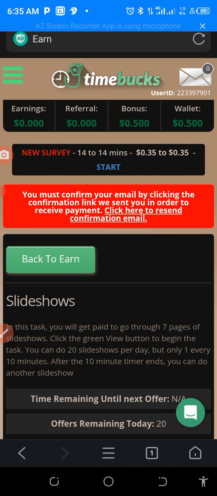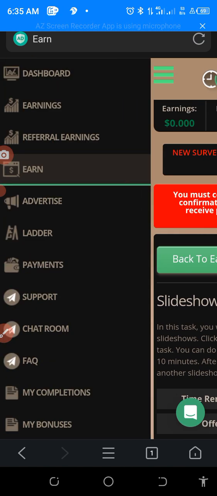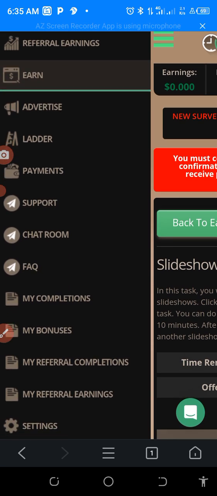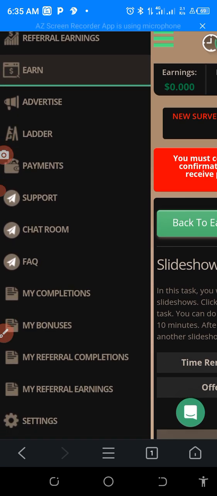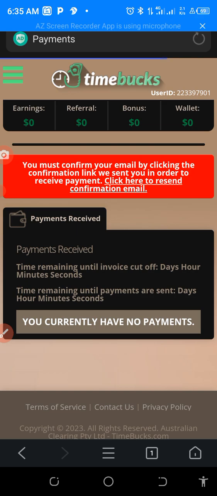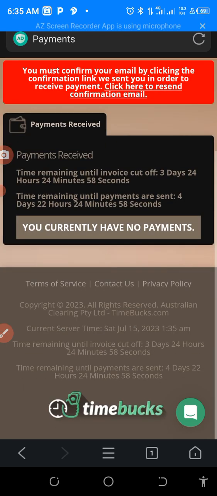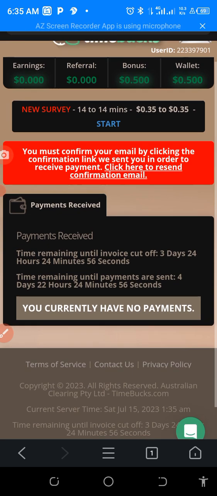If you don't have PayPal, just convert it to Bitcoin and withdraw back to your wallet like that. And if you don't have all this, let me take you down to this area where you can see payments.